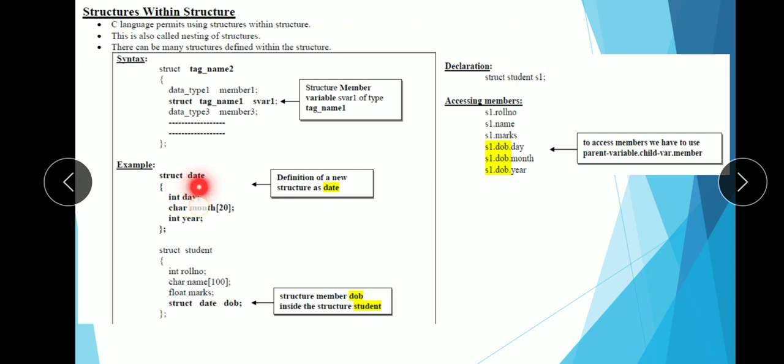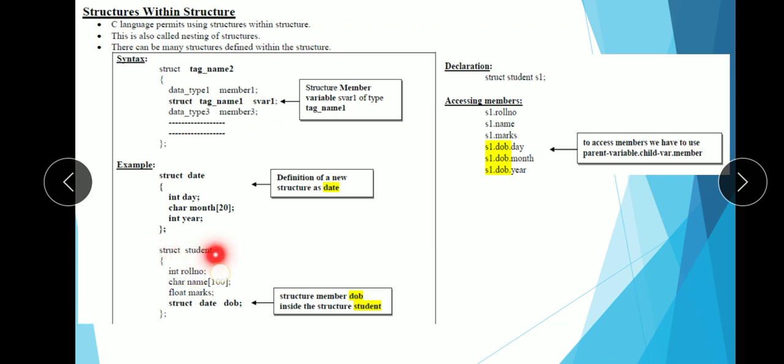That's why inside this date structure I am going to declare three different members, that is int day, char month and then int year. Okay. So once I have defined this date structure, I have to use this particular structure as a member of another structure. Let us see how to use it.